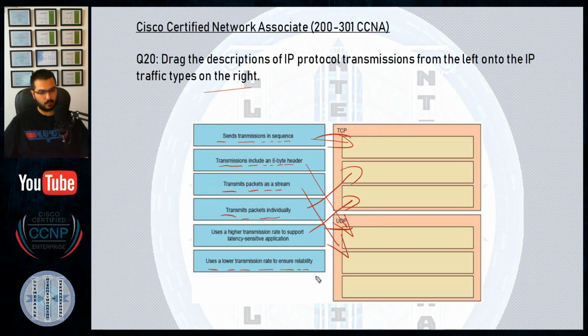No, one minute. This is tricky. The guy that ensures reliability is TCP. UDP will never ensure reliability, so I will have to give it this one, which is higher transmission rate to support latency. If you have another opinion, please inform me below in the description of this video regarding question 20